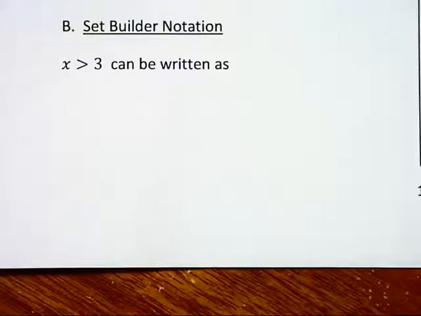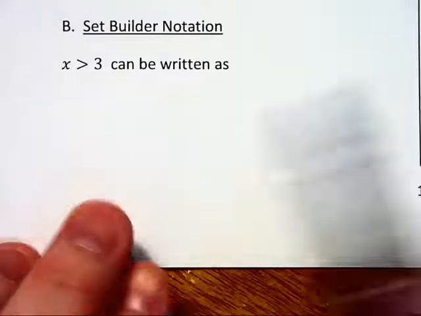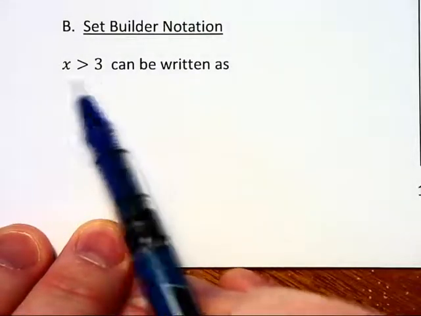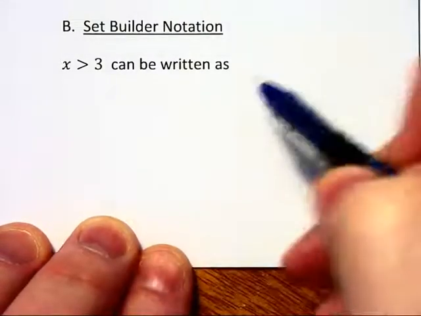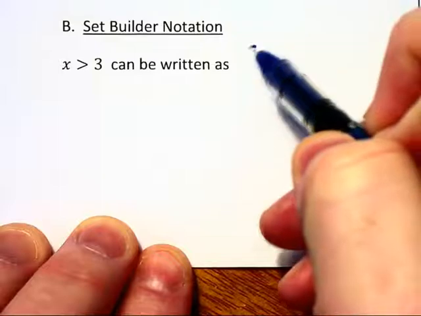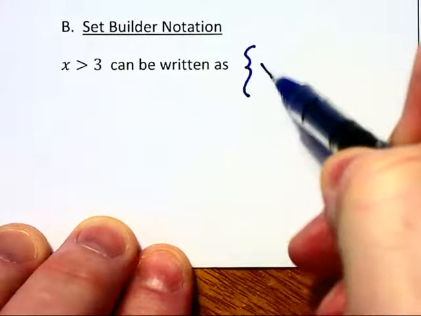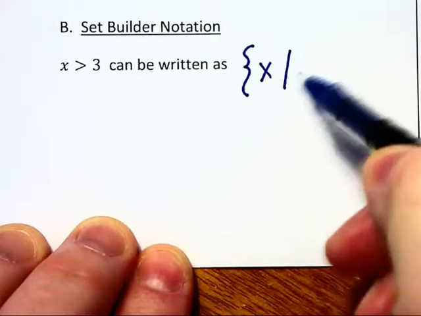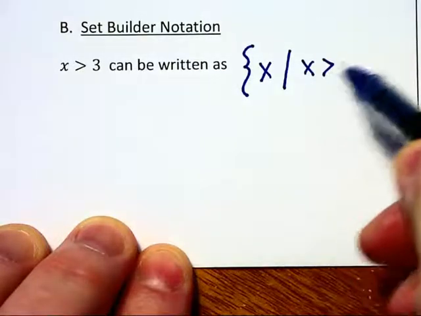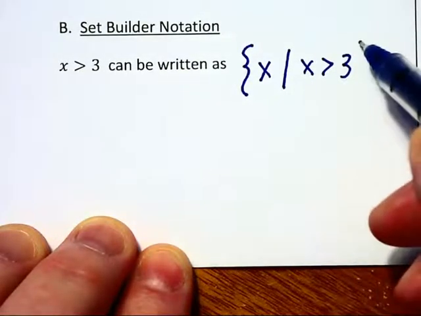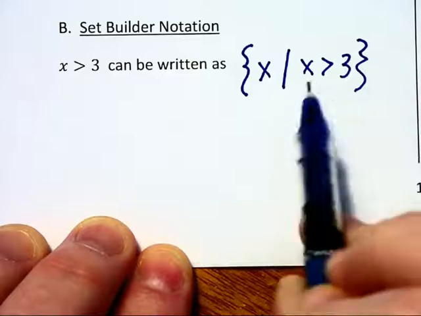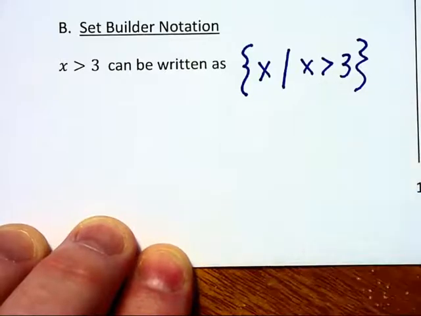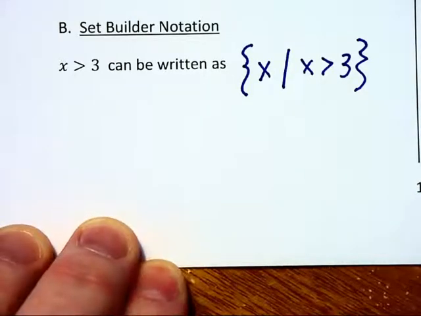Now let's take a look at set notation or set builder notation and interval notation. With set builder notation, we don't just write an inequality such as x greater than 3. It's written in a slightly different form. I would write the set of all x's such that x is greater than 3. Now, most people just like to zoom in on the x greater than 3 that they see there, but this